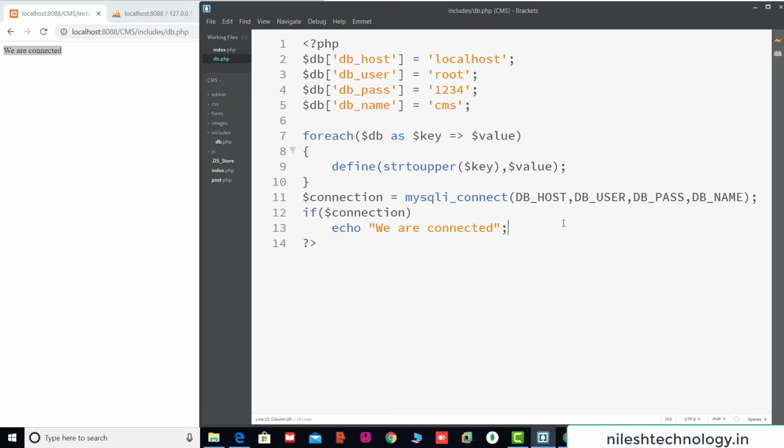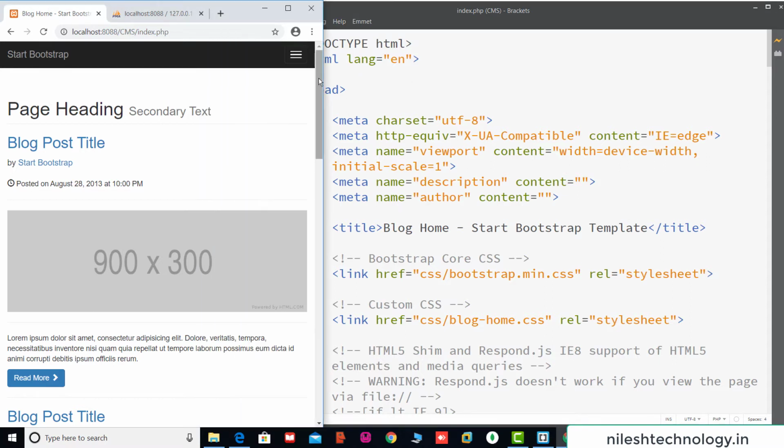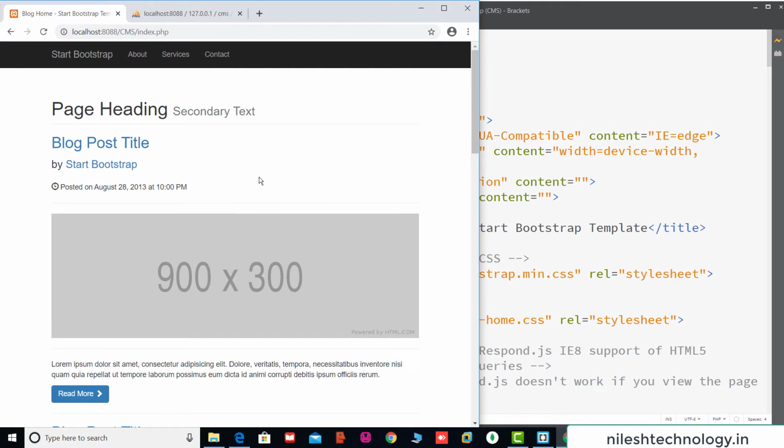Now we need to make our files or template reusable. So we are going to be using a function called include to do that, and we could use some other functions, but right now we are using that. So we run the index.php file here. This is your home page. Now we split all these modules into separate files. So this is the content, this is the menu, this is the sidebar, this way.